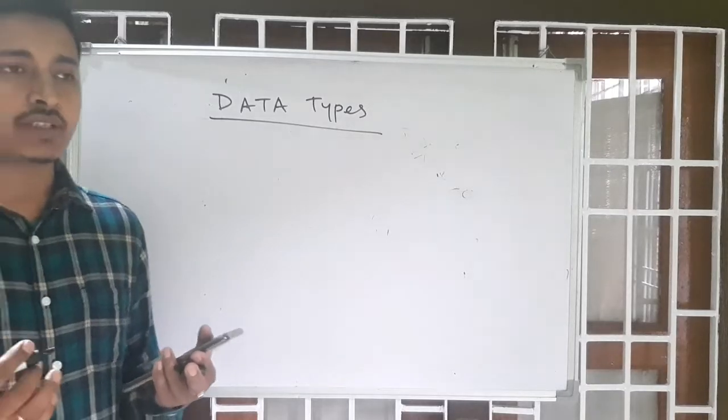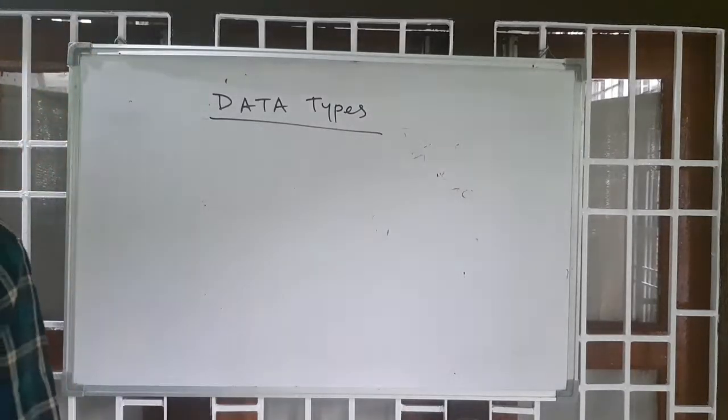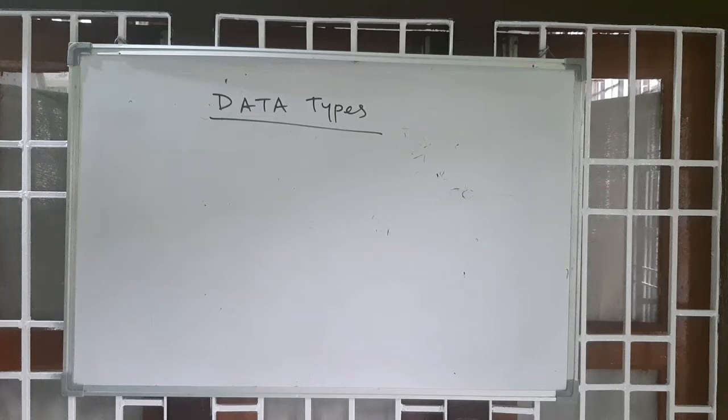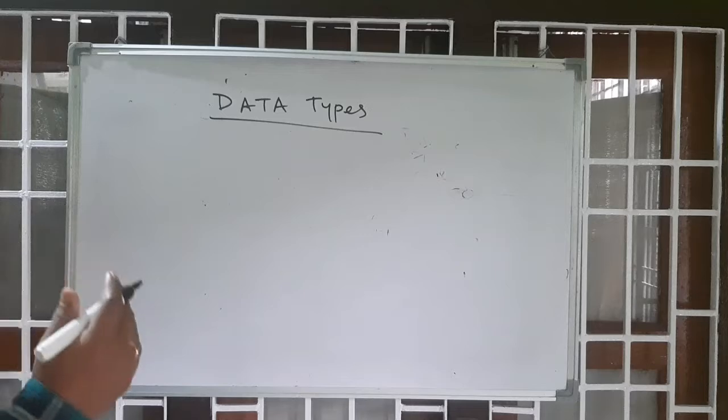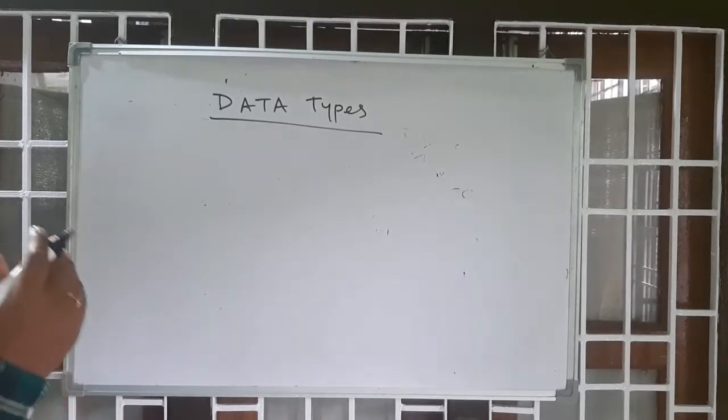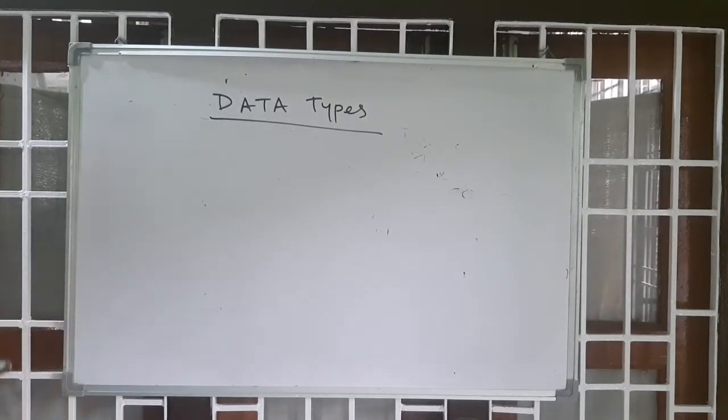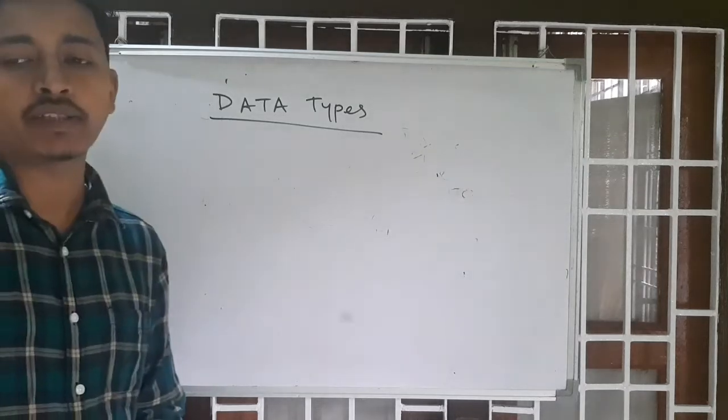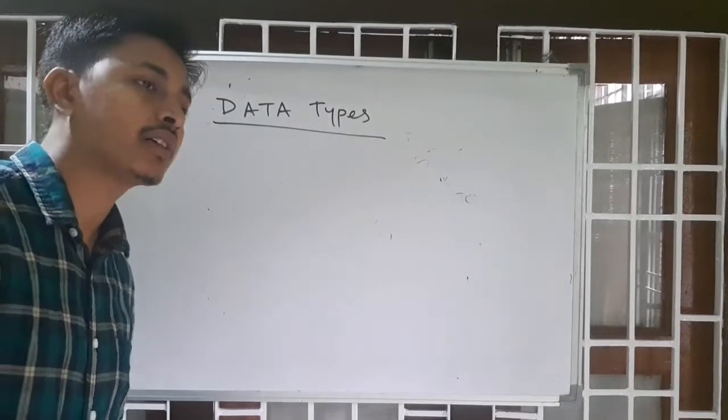Data types means what? In a database, data types refers to the format of data storage that can hold a distinct type of storage or range of values. When a computer program stores data in variables, each variable must be designated a distinct data type. Data type means what type of data or what type of value can be held in the column.